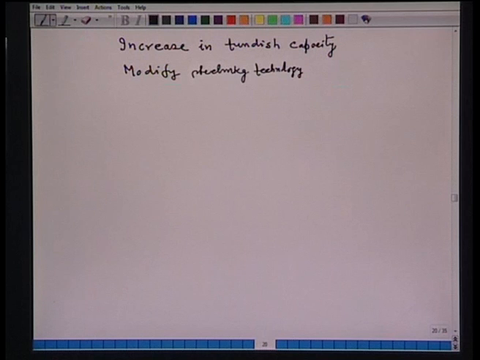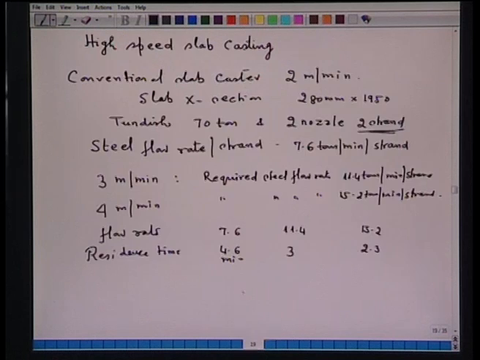Another thing that you are seeing, steel flow rate is increasing. You see now the steel flow rate for 3 meter per minute has increased from 11.4 ton per minute to 15.2 ton per minute at the Tundish exit. So, the steel melt flow rate is also increasing in the mold. So, what is the problem? Problem is,